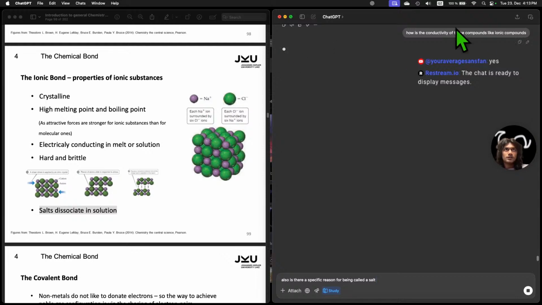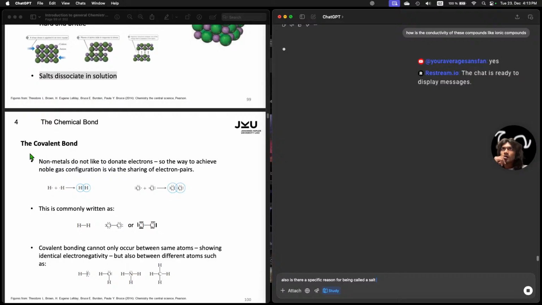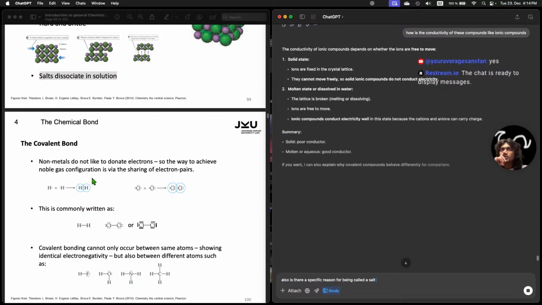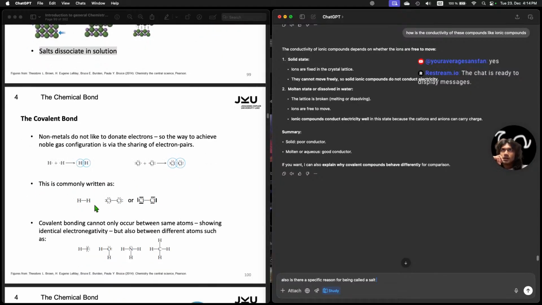Why? What happened, GPT? Come on, stop playing with me. Covalent bond. Nonmetals do not like to donate electrons, so the way to achieve noble gas configuration is via sharing of electron pairs. It's commonly written as